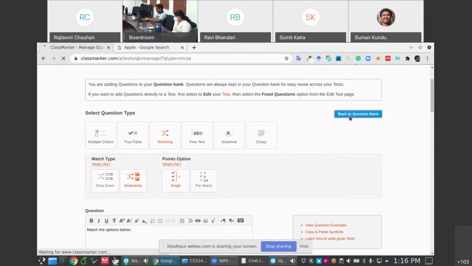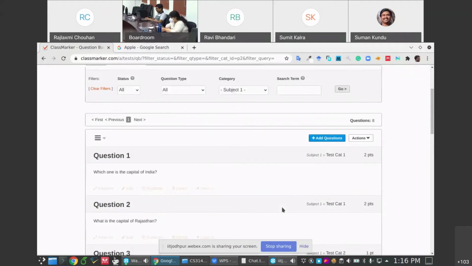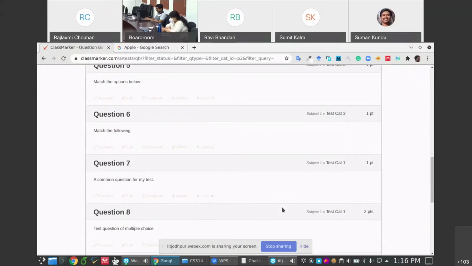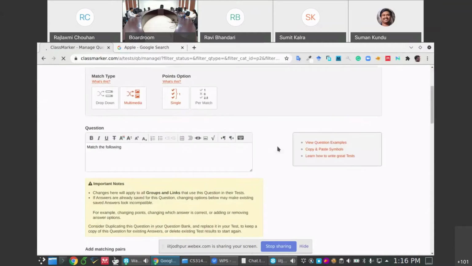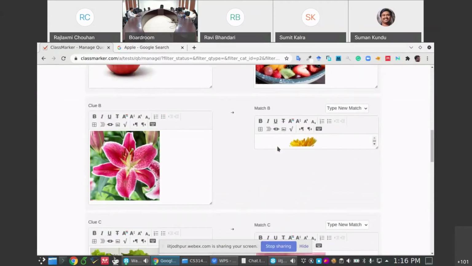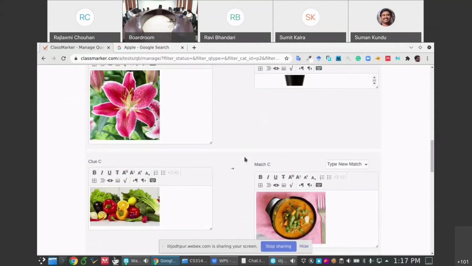So now let me go back to my question bank. For this question, I have created a few questions. If I want to edit, I go to edit, and I can see the matching has 3 images on the left side and 3 images on the right side.